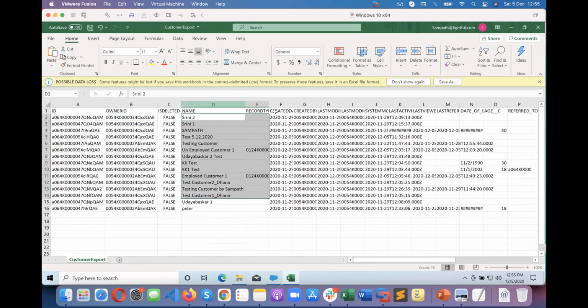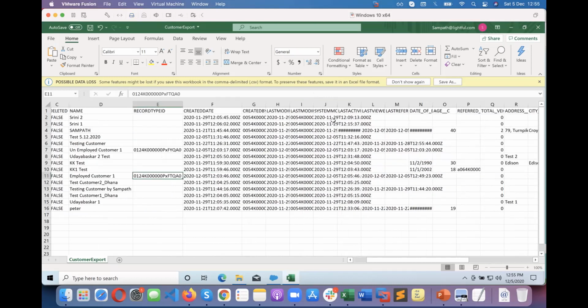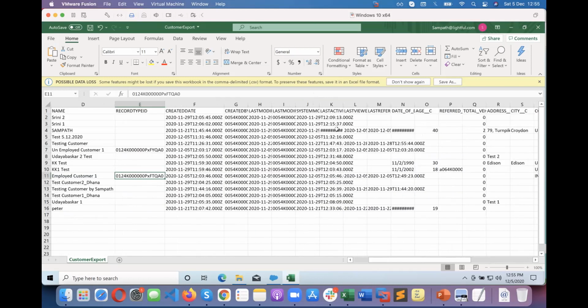And you will see record type ID. At the moment, we have only 2 records because we created them just now. The record type was introduced just now. For old records, there is no record type. And in the record type also, it's referenced as an ID. But in the front end, we created unemployed, employed, right? Yeah. But here, in the back end, it's referenced as ID. And then created date. These are all the additional system fields. Basically, you will get all the fields.